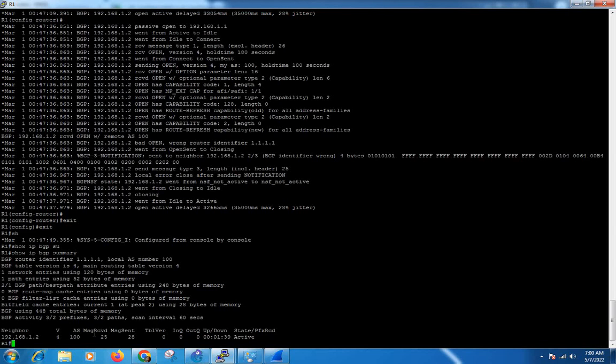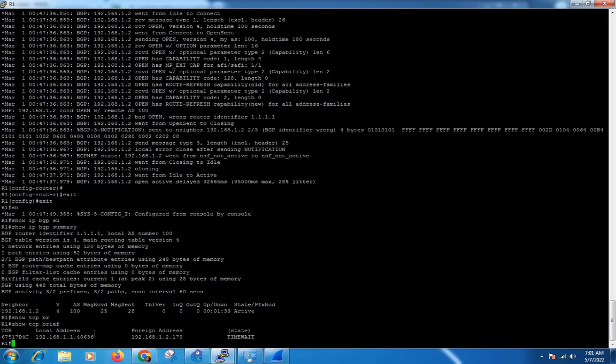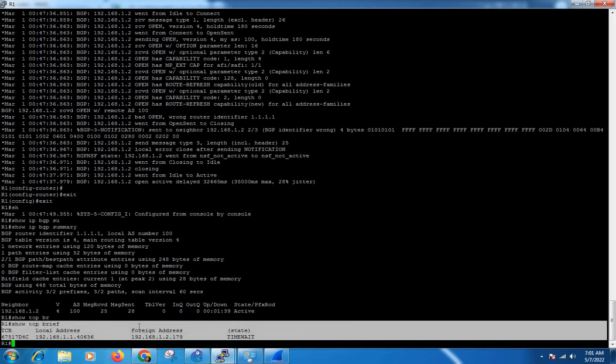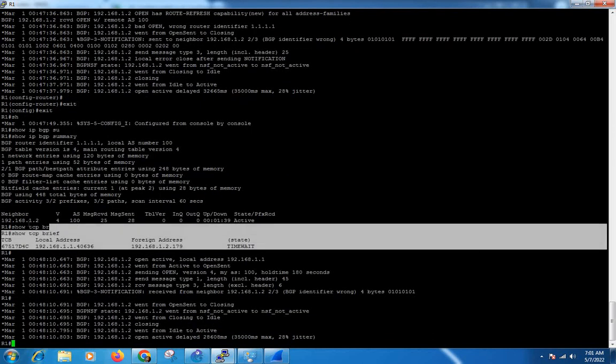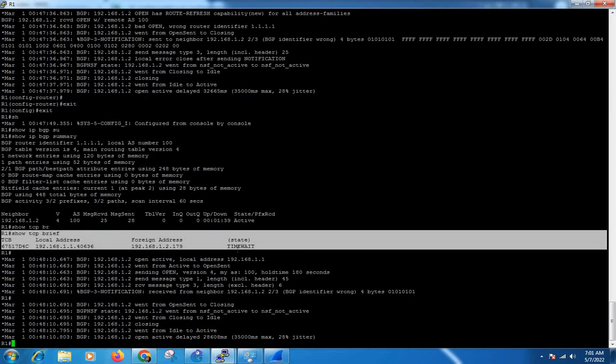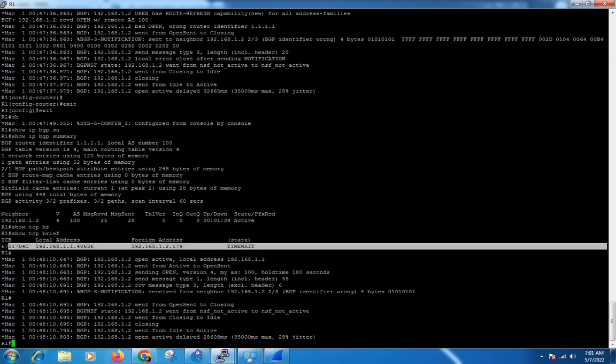Show TCP brief: TCP is in time wait state, stuck there because the TCP connection is not establishing.